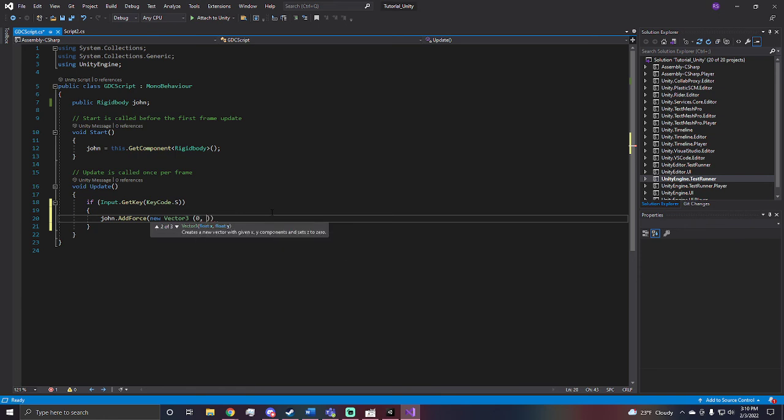So we do 0, minus 100, 0. Cool. So what I just said was, on John, which is our rigid body, add force, which is to say apply force, along this vector. So vector is just like,